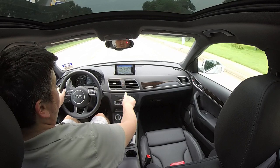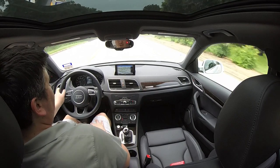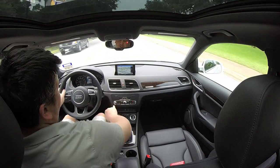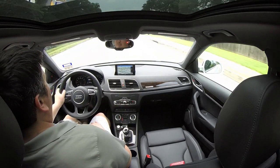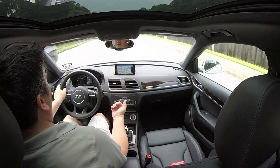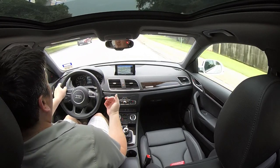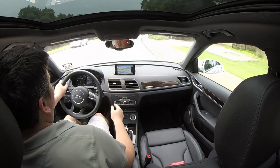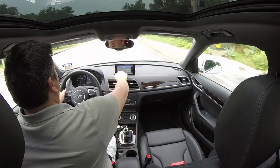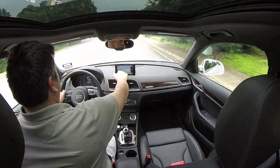bothered by these hard plastics because they actually look really good. And how often am I going to be touching this? Never. The one thing that is funky is this fixed screen. I thought it would flip down when I turn the car off and flip up when I turn it on, but apparently it's just a static fixed element, and there's a little tray here, is what it seems like, for